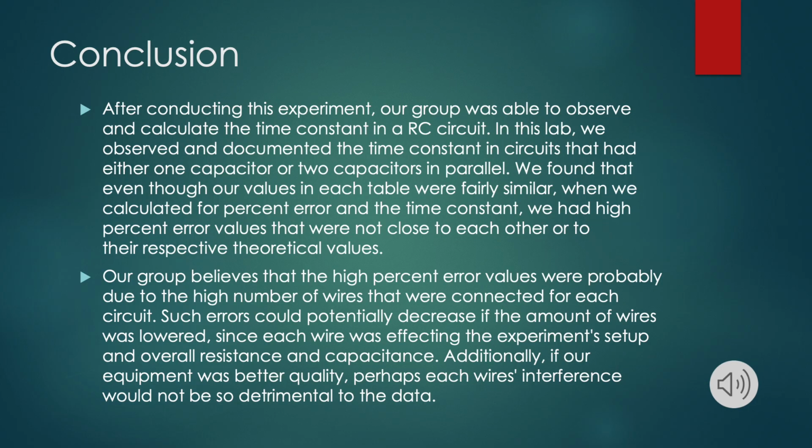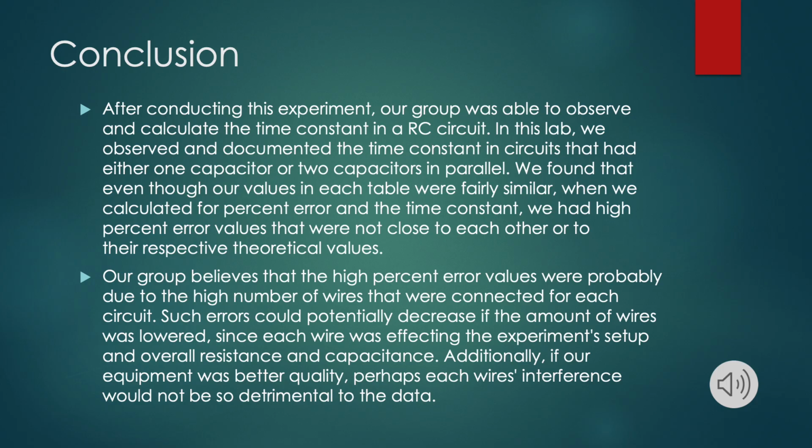Conclusion. After conducting this experiment, our group was able to observe and calculate the time constant in an RC circuit. In this lab, we observed and documented the time constant in circuits that had either one capacitor or two capacitors in parallel. We found that even though our values in each table were fairly similar, when we calculated for percent error and the time constant, we had high percent error values that were not close to each other or to